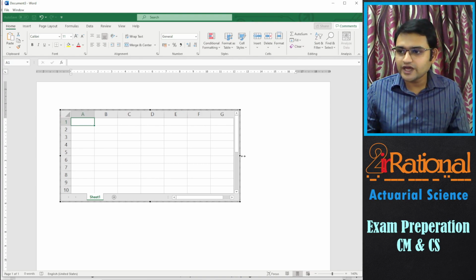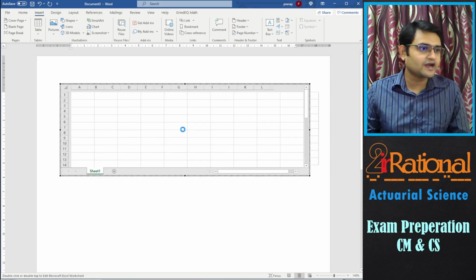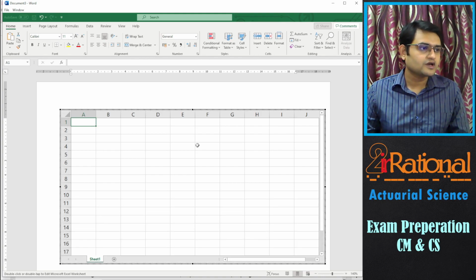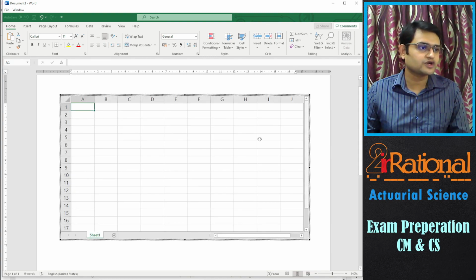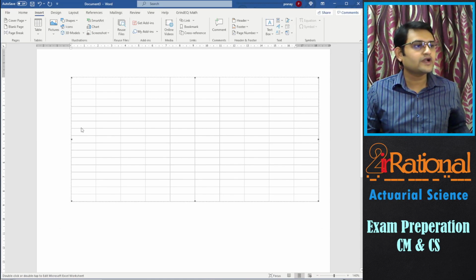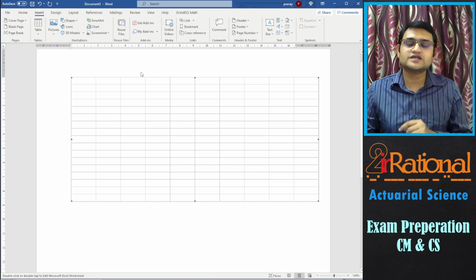You should extend it to get as much space as possible, because whatever is visible at the end is what your table will show. So whatever you are writing should be visible in the space in one single page. Make sure of that, and whenever you click outside, it will go back to the Word and it will look like a table has been formed. So this Excel spreadsheet is allowed. You cannot add an Excel file, but you can use this Excel spreadsheet.